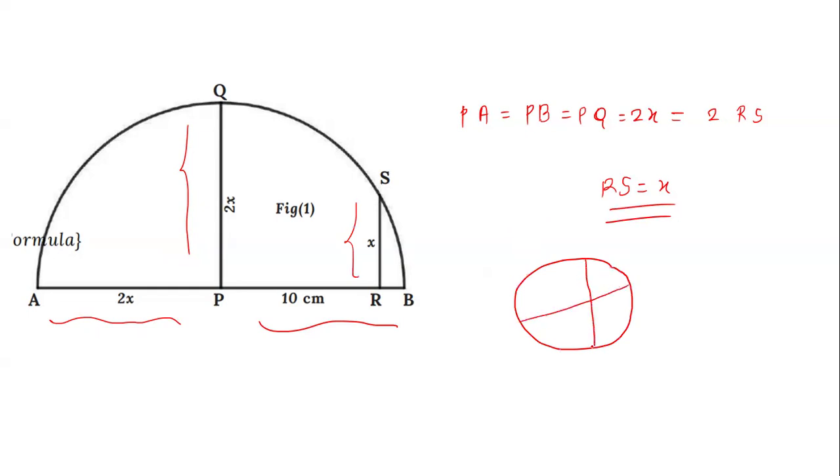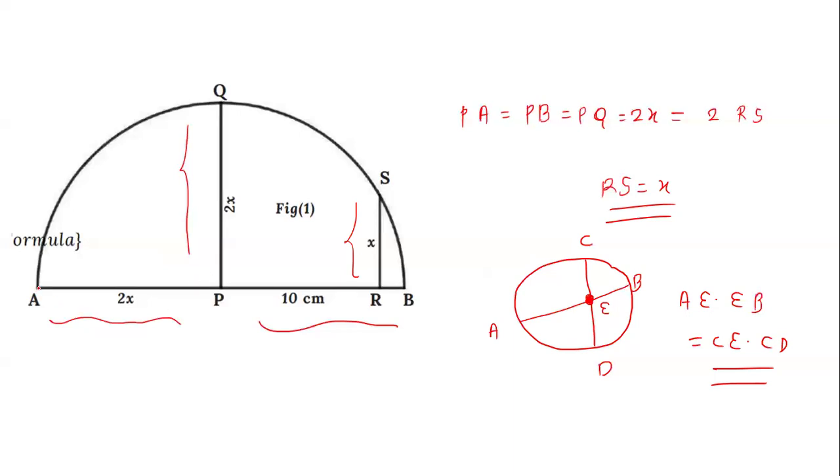Now in the circle you know the intersecting chords formula. This is one chord and this is another chord of the circle, and these two are intersecting at the point E. Let's say this is AB and this is CD. So you can write AE times EB is equal to CE times ED. This is the property of the circle.